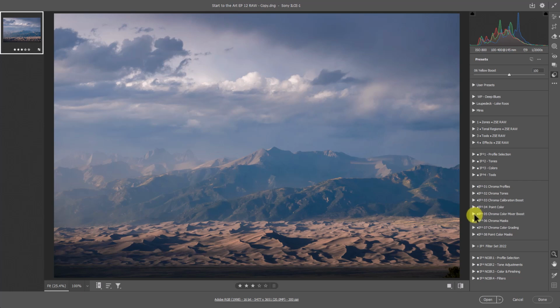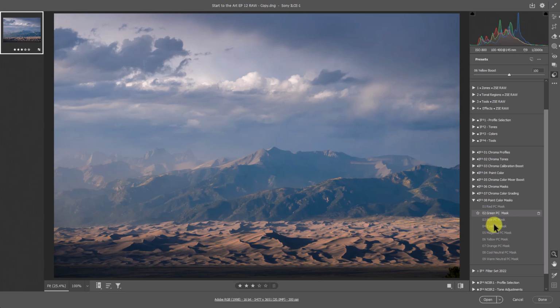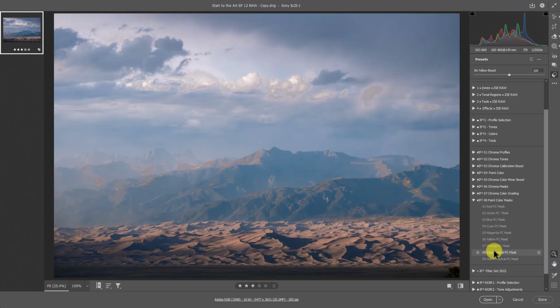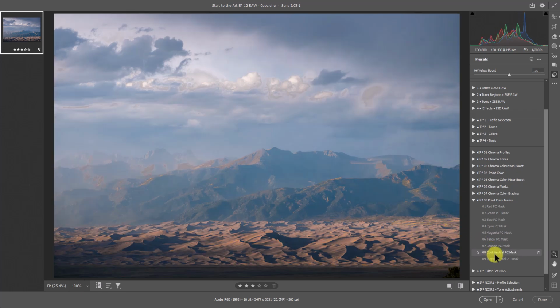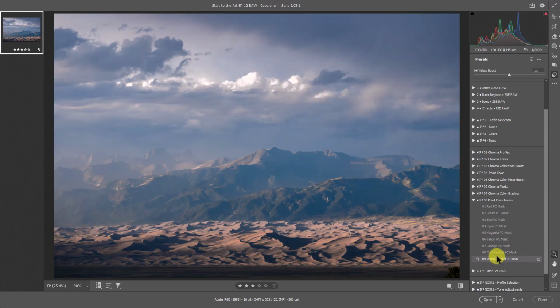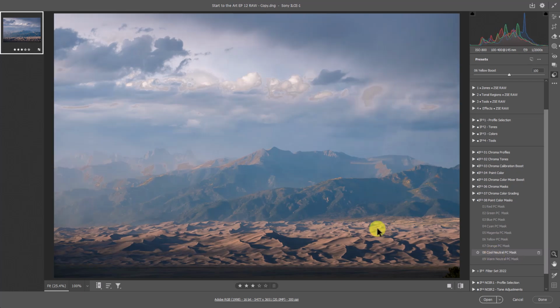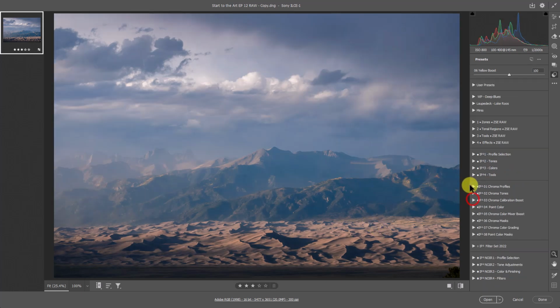So I'm going to go ahead and see if this looks good with any of my other tools in here. Let's try the point color masks, because these are pretty new as well. These are a little bit stronger. They're meant to be stronger, and you use the amount slider to pull them back. So I don't really think any of these are going to be suitable for this image. These ones are really particular about having the right type of image to work with, typically something that's not hazy like this. So I'm not going to use anything else, but this did a great job of just helping me exploit a little bit of the color and light in this image a little bit more